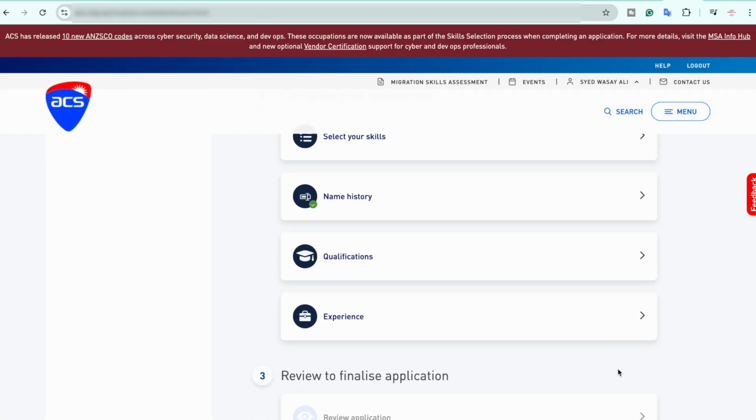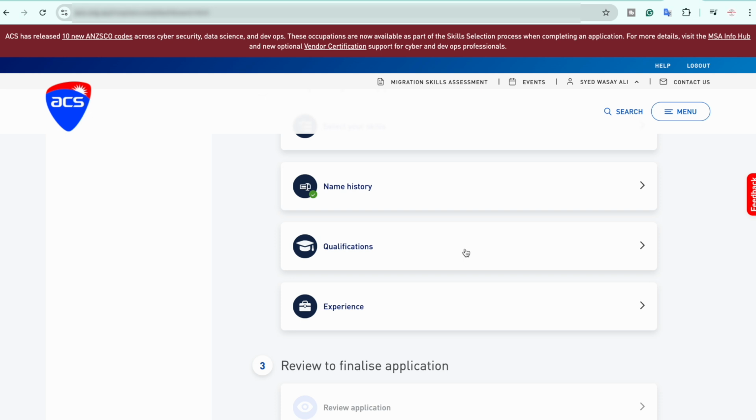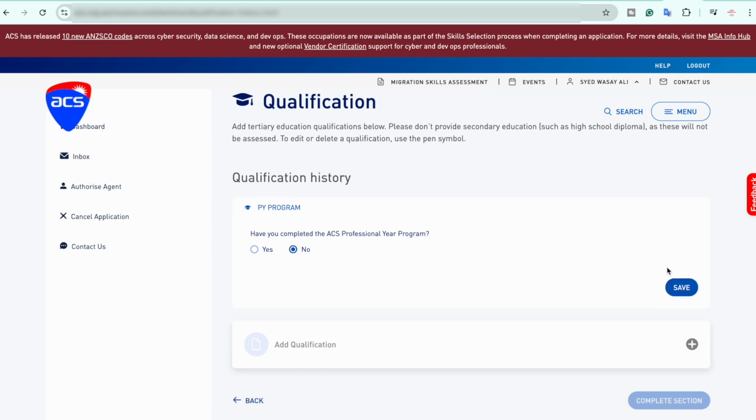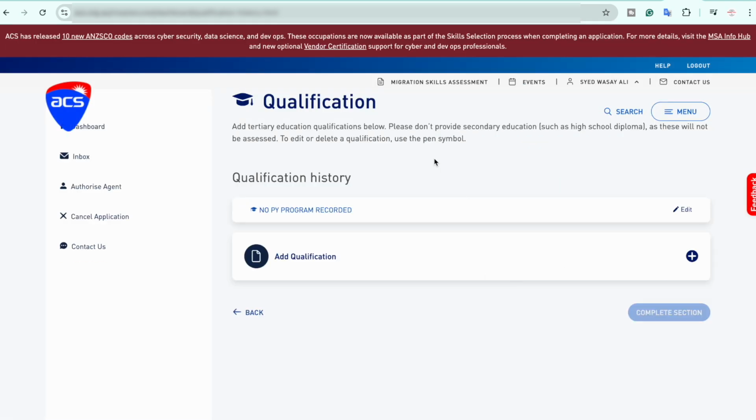We are going to scroll down and we are going to click on qualifications. Have you completed the ACS professional year program? Select accordingly, click on save. Here it says add tertiary education qualification below. Please don't provide secondary education such as high school diploma. So we need to upload education like our bachelor's degree, our master's degree, or if you have done PhD,